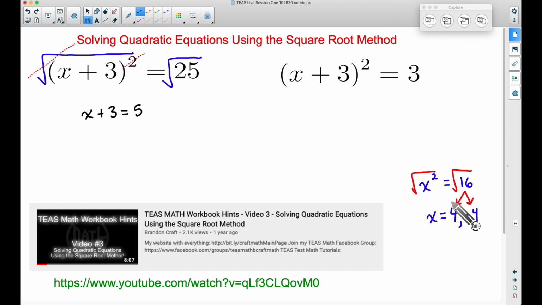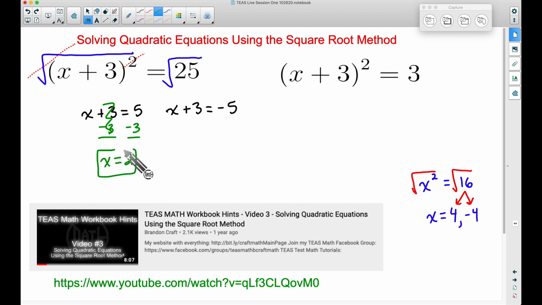The square root of 25 is 5. However, remember, we can have a positive or a negative. So I'm going to write out a second equation. x plus 3 is equal to negative 5. So essentially, we're taking the square root of 25. That can be 5. 5 times 5 gives you 25. Or it can be negative 5, because negative 5 times negative 5 does give you 25. Now we have to solve each one of these separately. We're going to do the same step here. We're going to subtract 3. We're just solving an equation. And we're subtracting because that is the opposite of adding 3. The 3's cancel out, and we'll get x equals 2.